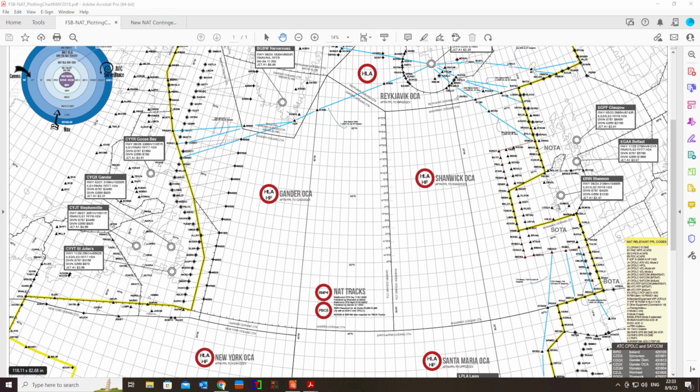It's all about using the flight plan with user preferred routes, we call UPR, and off tracks. Before doing so and explaining how we can do that in Simbrief, because it's everybody's favorite flight plan